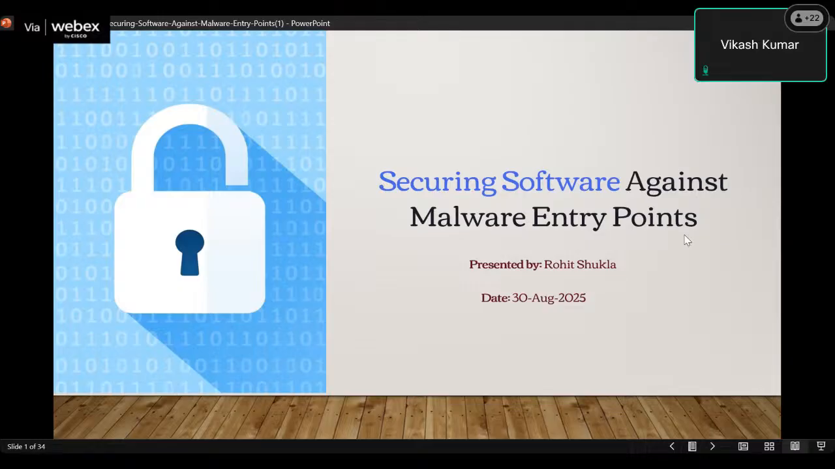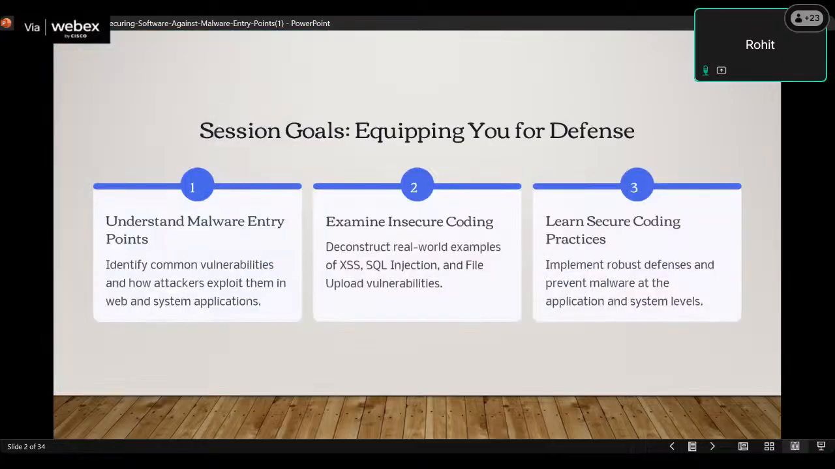Okay, great. So the session is basically for securing software against the malware entry points. We all are aware of what a malware is, right? I guess. So we just jump on malware entry points, how the malware works, and how we prevent it. The session goal is how we defend from malware: understanding the malware entry points, identifying common vulnerabilities and how attackers exploit them in web and system